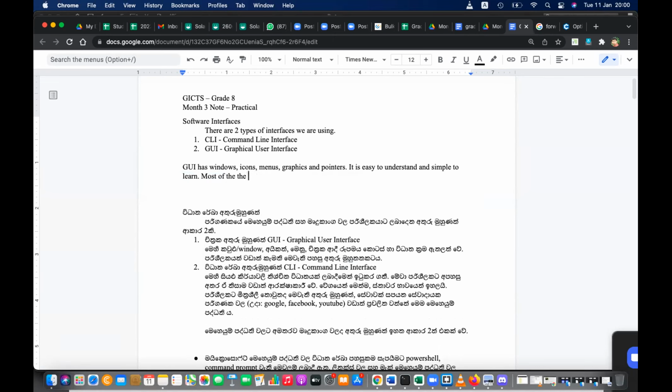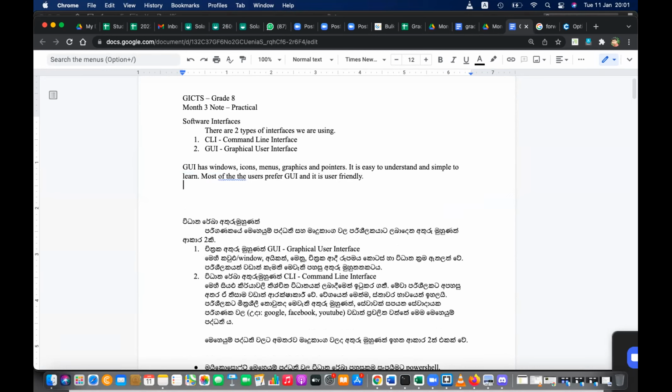Most of the users prefer GUI as it is user-friendly.